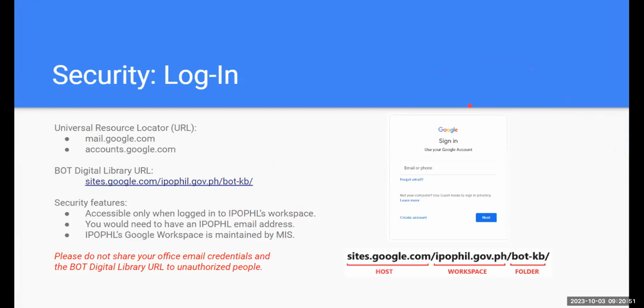So every time we log in, especially if you are in auto login, you don't have to manually log in like we do with iPads. So that's done for you automatically. But you cannot just log into any Google or Gmail account. It has to be within the IPO Phil workspace. So if you notice,